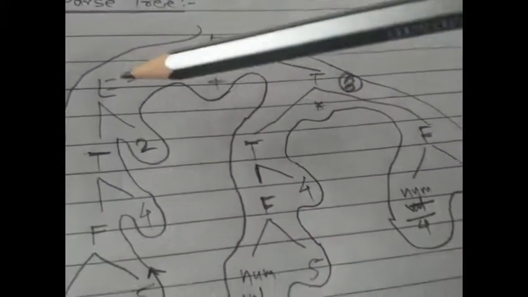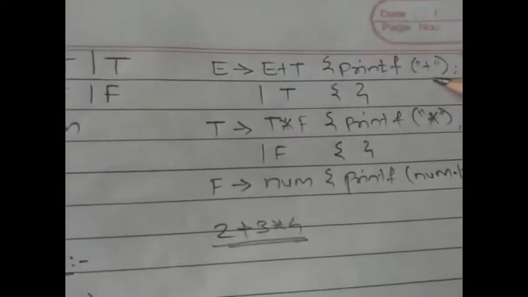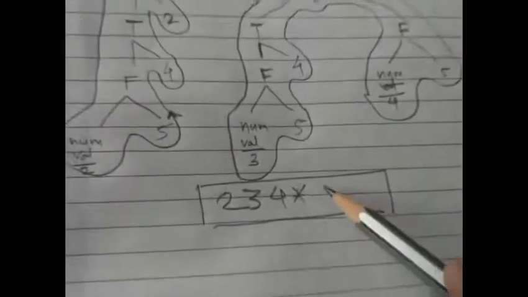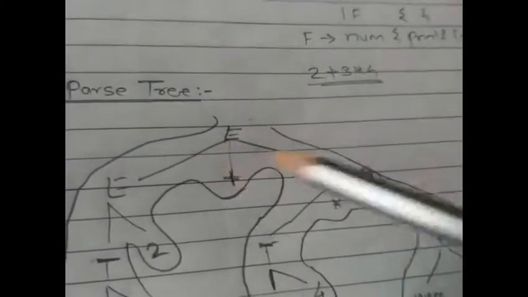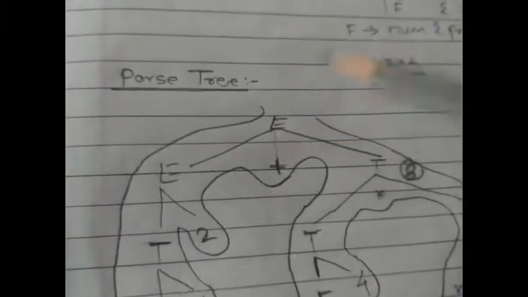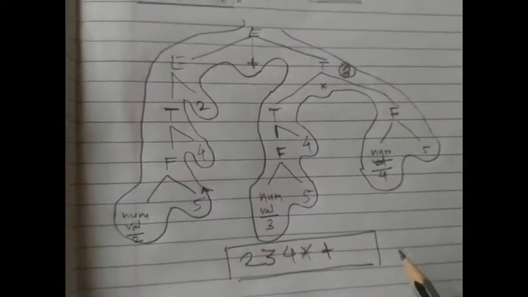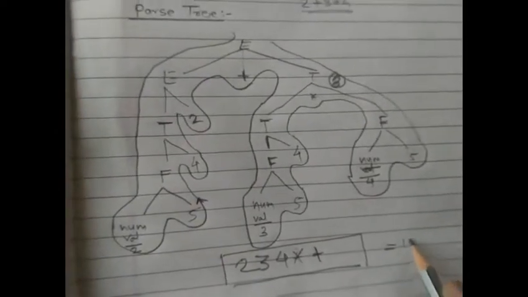Now next we will go to this particular point, but before that we have E plus T. So for E plus T, what semantic action can we take? For E plus T, the semantic action will be plus. So print plus over here. So plus will be there, and lastly E. When you have E plus T, replace it with plus, and E plus T is nothing but the E. So in this way top down parsing works, and it generates the output like this: 2, 3, 4, star and plus. If you evaluate this postfix expression, then the outcome will be 14.